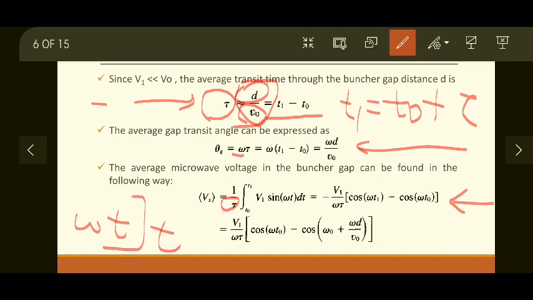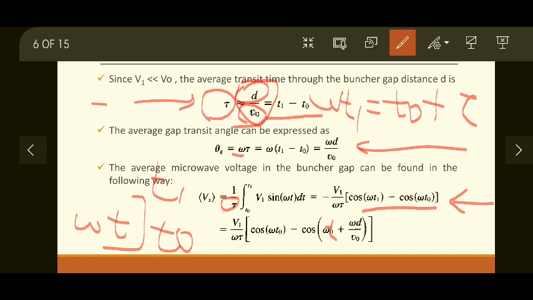over a time t0 to t1. So omega t1 minus omega t0. That is what is shown. Simple integration calculation. So if we rearrange this, the minus sign taken outside, v1 upon omega tau, cos of omega t0 minus, because now this is a minus, cos of omega t1 is now converted into, this should be omega t0, not omega 0. So minus cos of omega t0.